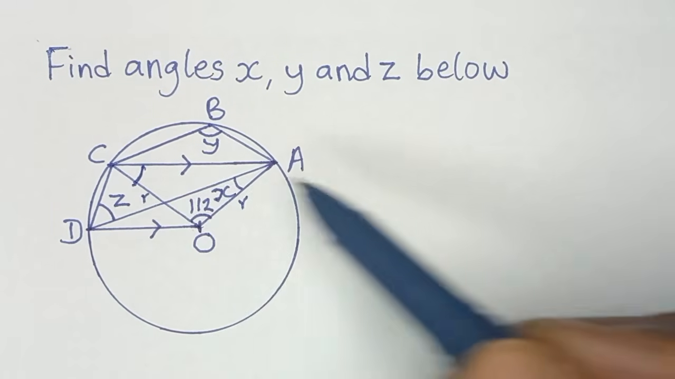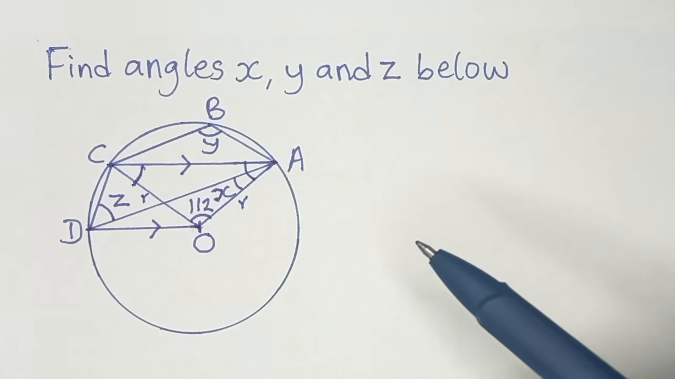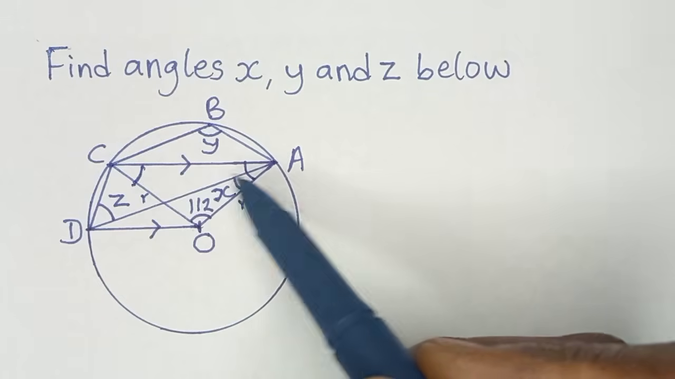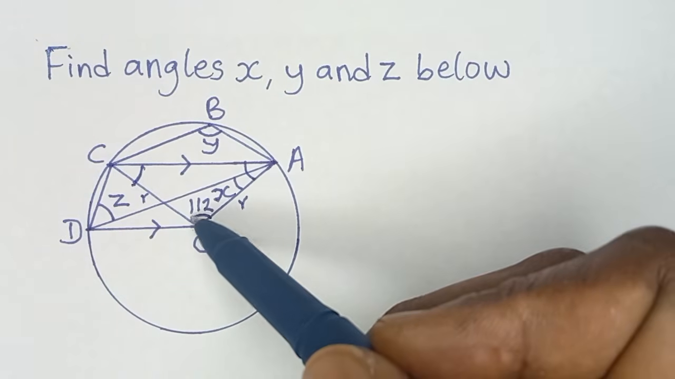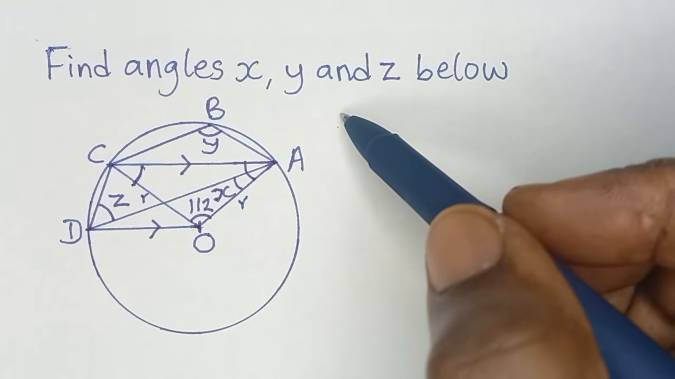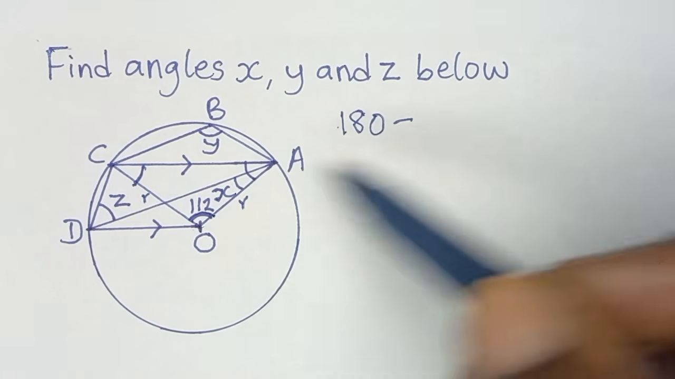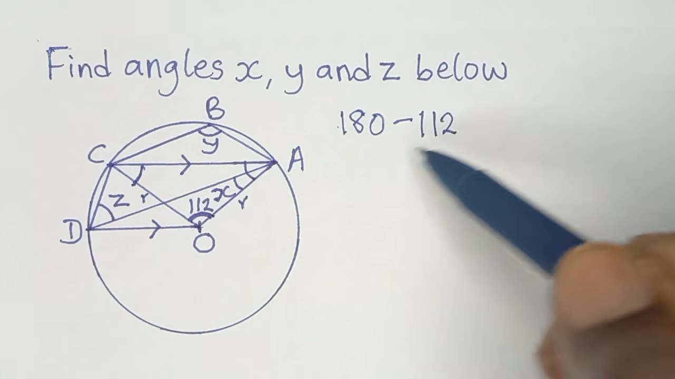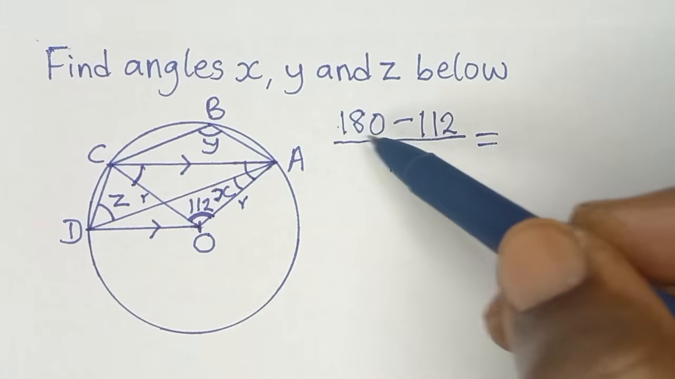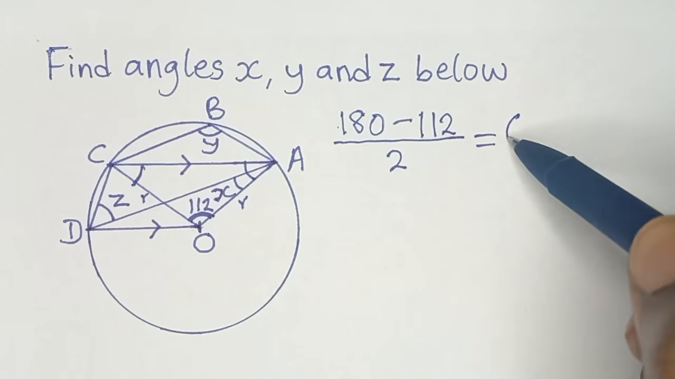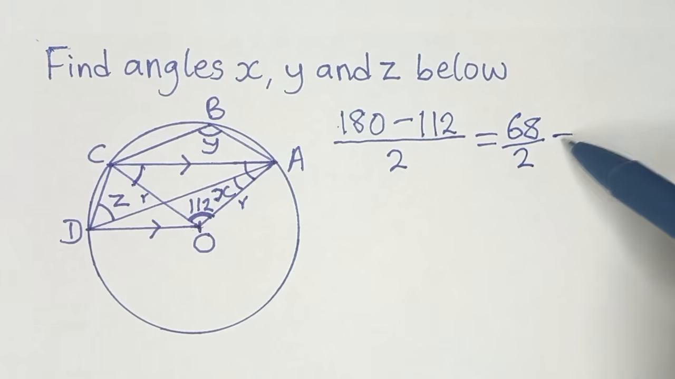So that means this base angle will also be equal to this base angle. Now, when you want to get each of the base angles of an isosceles triangle, what you just need to do is to simply subtract the vertical angle from 180. So I'm going to say 180 minus the vertical angle, which is this 112. And then whatever you get, you divide it by 2. So 180 minus 112 will give us 68, and then 68 divided by 2 is going to give us 34